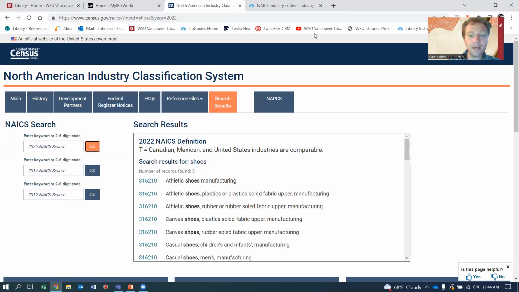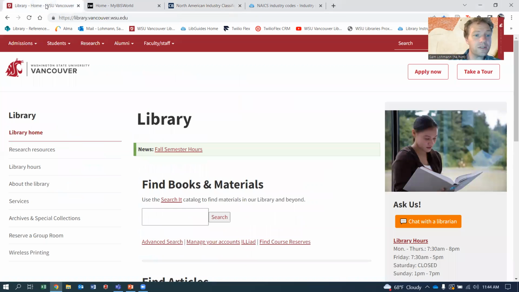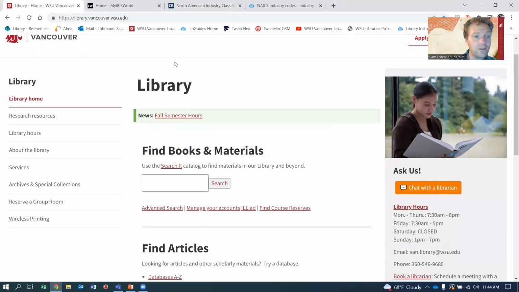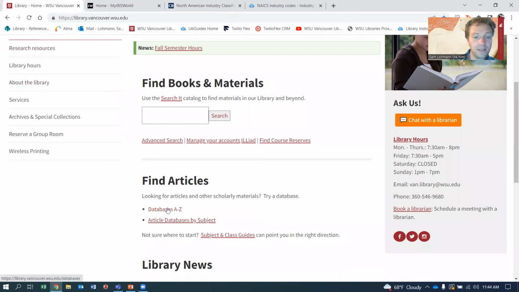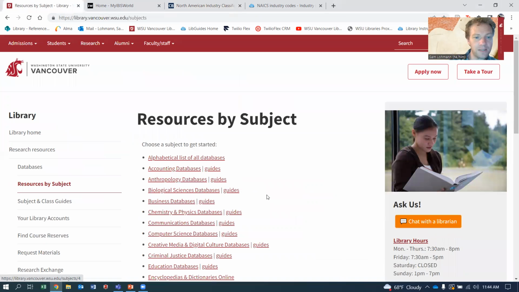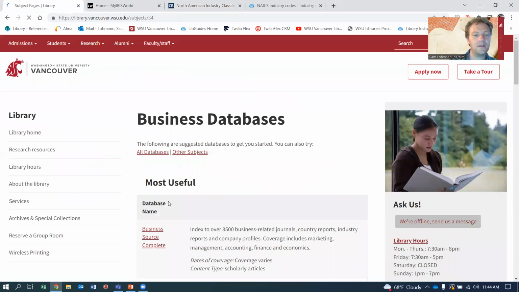And then we can do some searching in IBIS World. So if you're on the WSU Vancouver Library homepage, you can go to research resources, or you can go down here to databases A to Z or databases by subject. Let's do databases by subject, and we can see all the business databases.